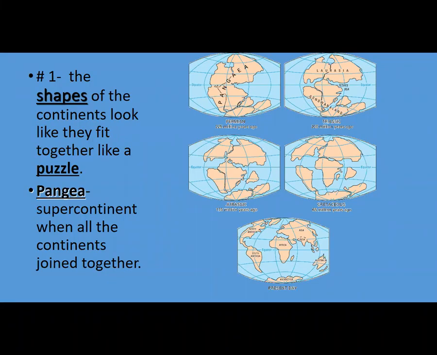Now, he had a couple of different pieces of evidence to support his theory. The first is the shape of the continents. He was looking at the coastlines of South America and Africa and noticed that those two look very similar, almost as if they were puzzle pieces that could go back together. And so what he started to do was kind of work back in time to see how do the continents fit together? Is there a way to kind of put them together almost like a puzzle? And this was just one of his pieces of evidence.